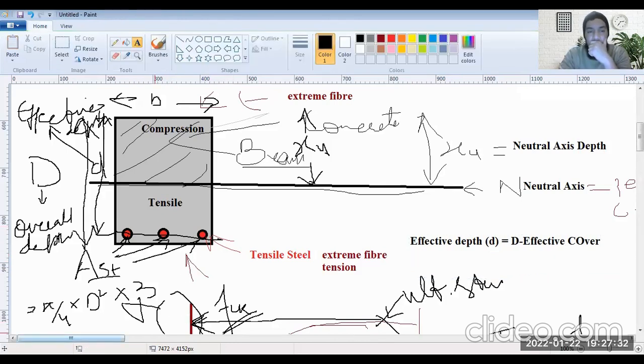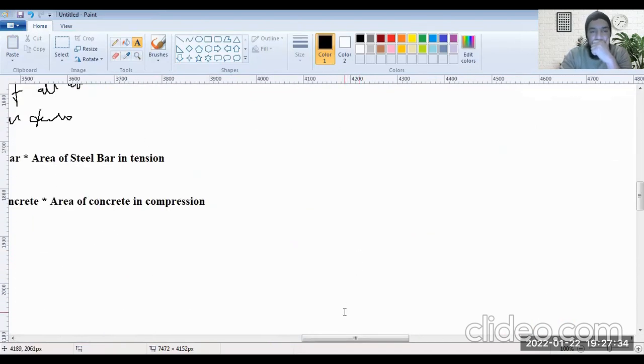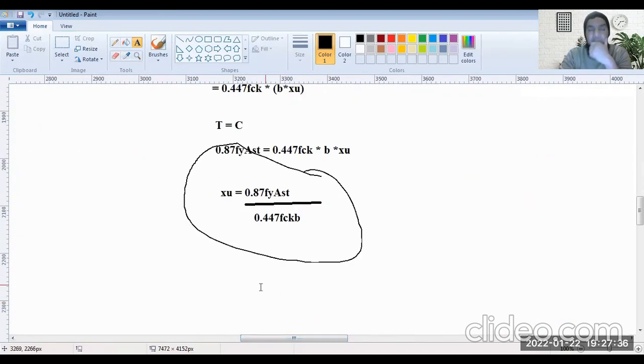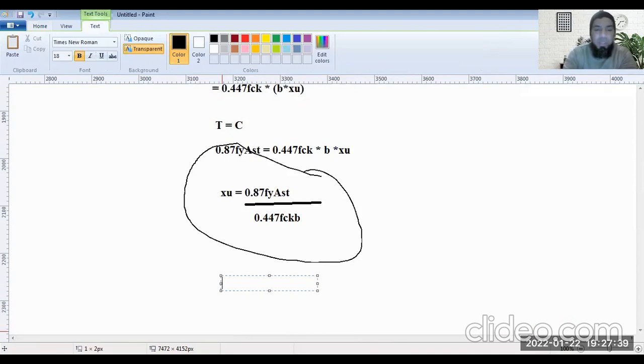So we can determine the neutral axis in terms of the effective depth. XU by d would be 0.87 Fy AST